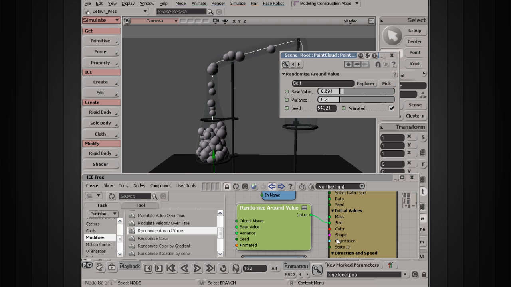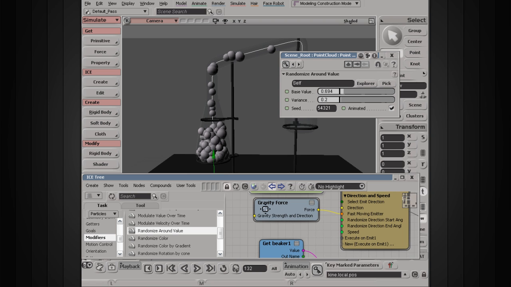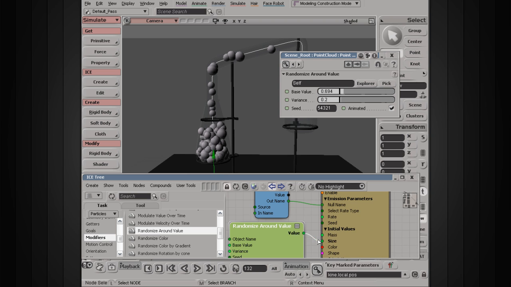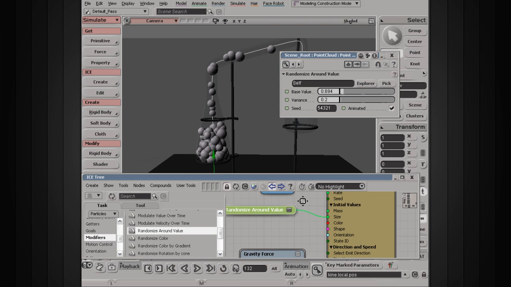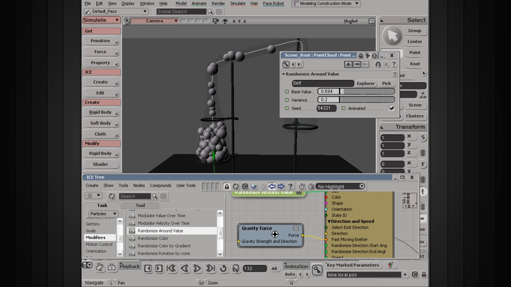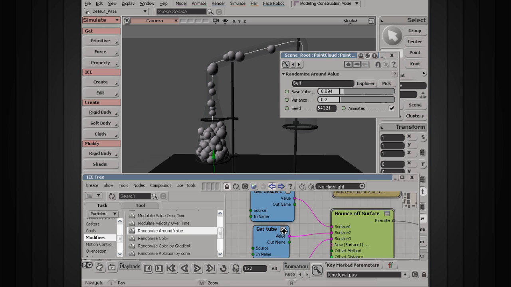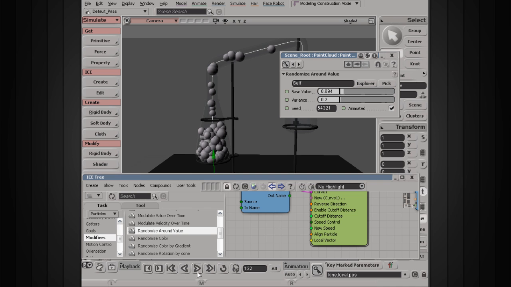Okay, so now that we have our size randomized, let's take a look at what else we can randomize. And of course, we could come in and randomize each of these values. Of course, some of them we would not really need to. For example, the random orientation probably would not change our particle simulation too much, while something like a random rate could have a drastic change on our particle simulation. So for now, let's move down into our flow along curve,